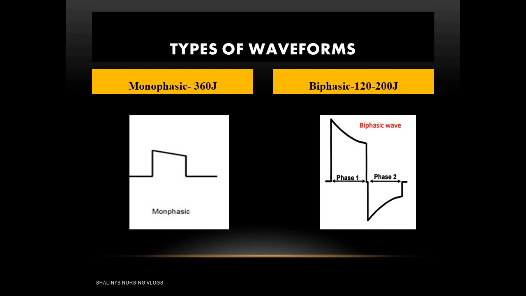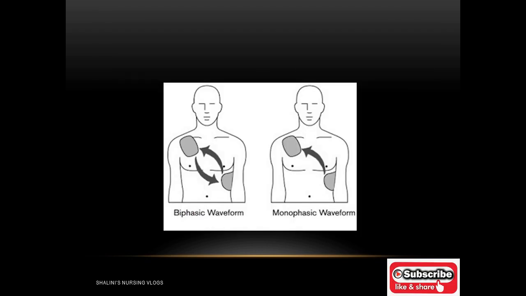Now to explain that a bit more, we have this picture. So in biphasic, what exactly happens is you have paddle 1 and paddle 2. The shock that is delivered from the first paddle goes to the second paddle and gets back. So the flow of current is bidirectional. But in case of monophasic, the flow of current is just in one direction, that is, it is unidirectional. So to produce the same effect as a biphasic defibrillator, the monophasic ones would use more energy, more current.